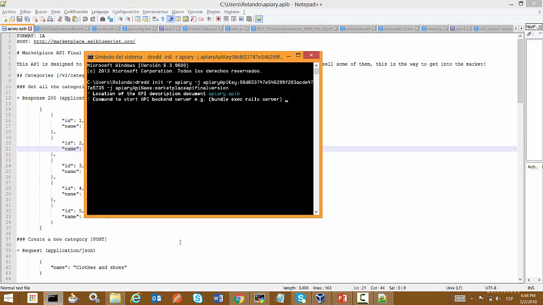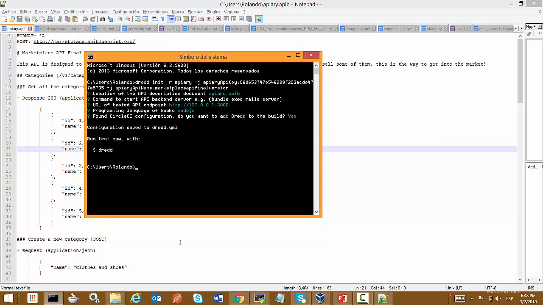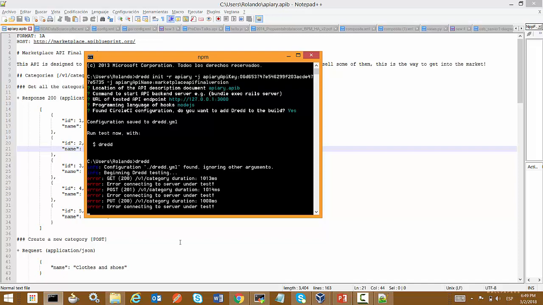We just click enter and then again enter. This is going to run the Rails server. The URL for testing purposes will be that one. This is going to be using Node.js. Just click enter again, and then I just click Dredd, and this is actually going to test every single resource of our API blueprint. Once it finishes that testing, it is going to create a report, and that report is going to be available in apiary.io, so we can actually see the results of the test.